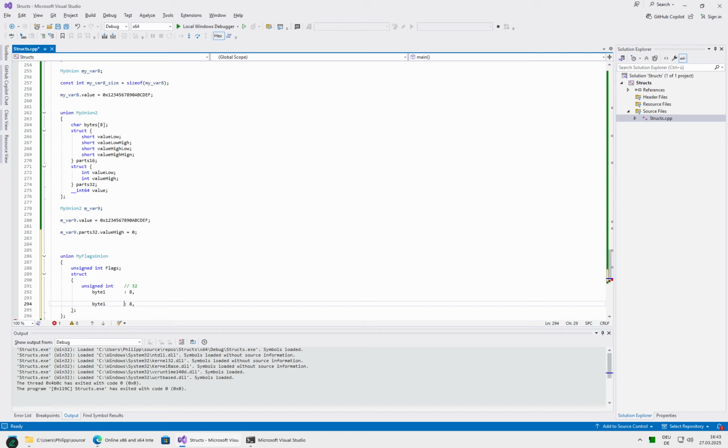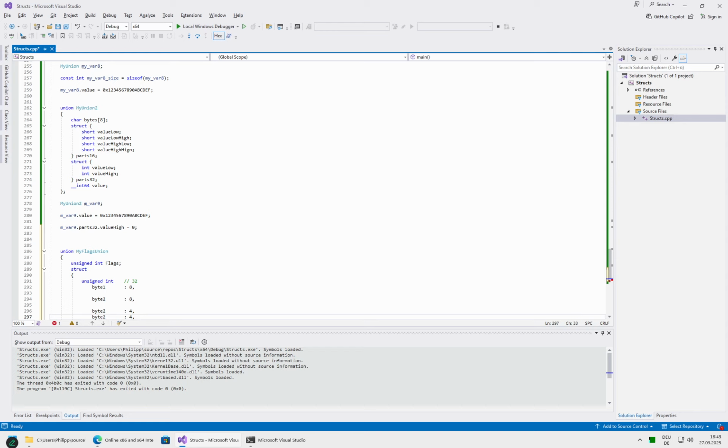So byte 2, let's say, it's also 8 bits. Obviously that won't be a flag since it's 8-bit. A flag would be something single bit, but we will come to that. Then let's here create something that will be 4-bit. And another 4-bit. So I will make every byte a space just to make it more nicely structured. And this is obviously a nibble